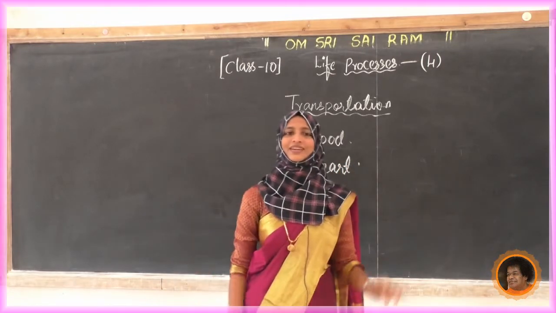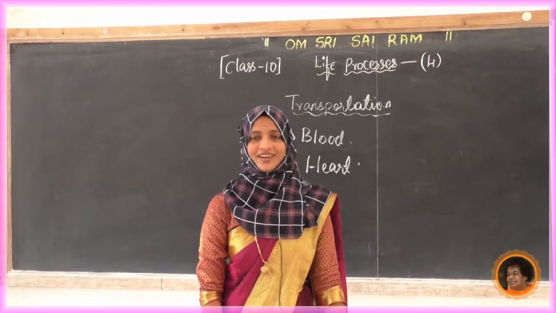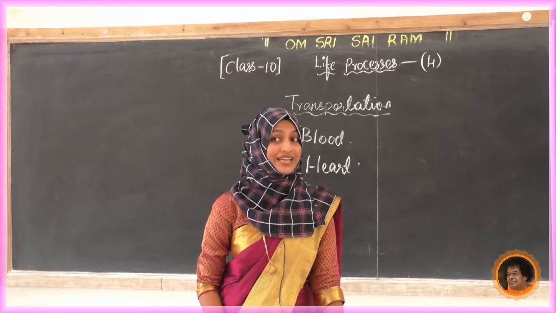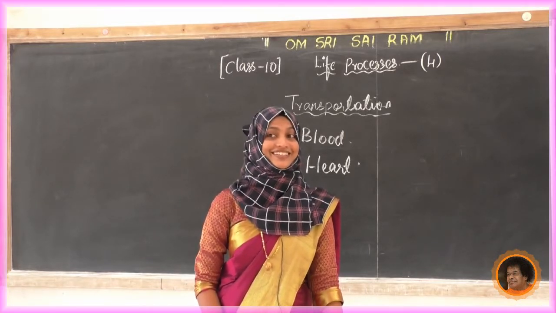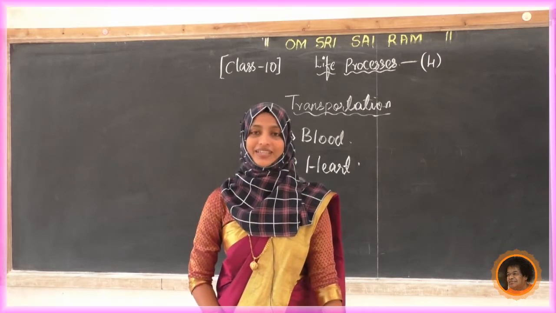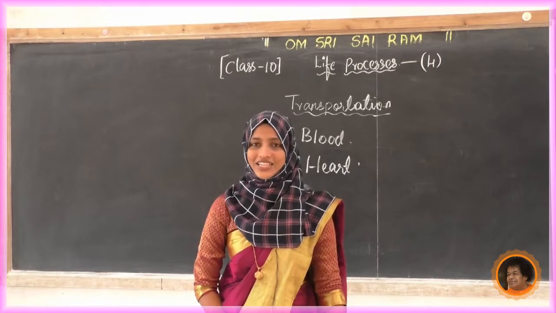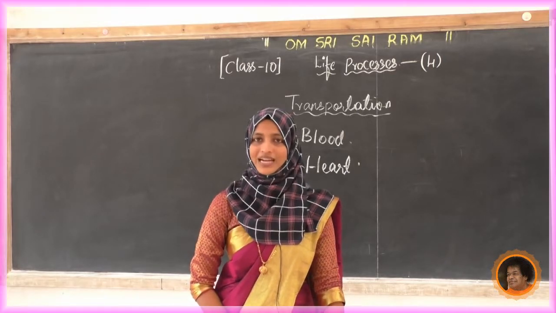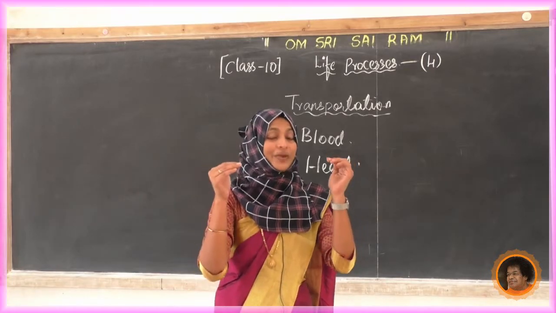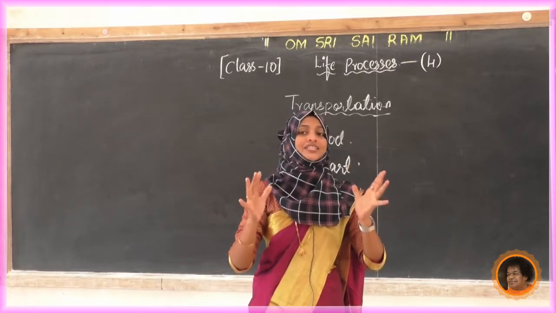Yes. Now tell me where it is present. Heart, where is it present? In which place? Is it in the head? No. Where is it? It is in the thoracic cavity. Thoracic region. Yesterday we discussed that. What is the thoracic cavity? Inside the rib cage there is an empty space.